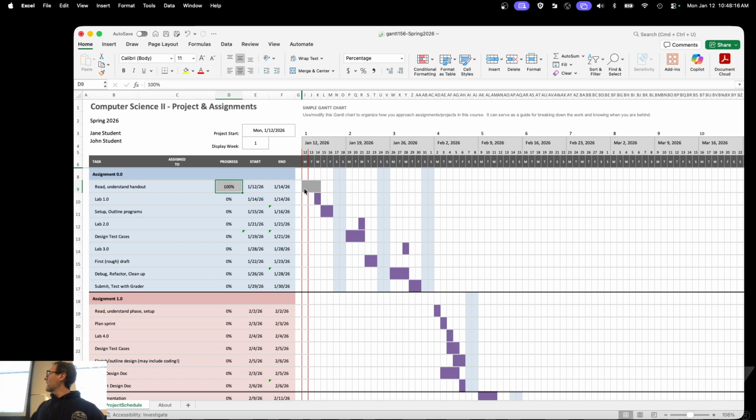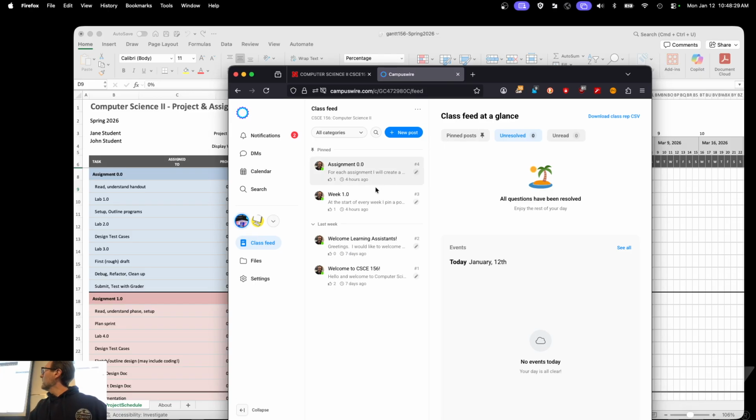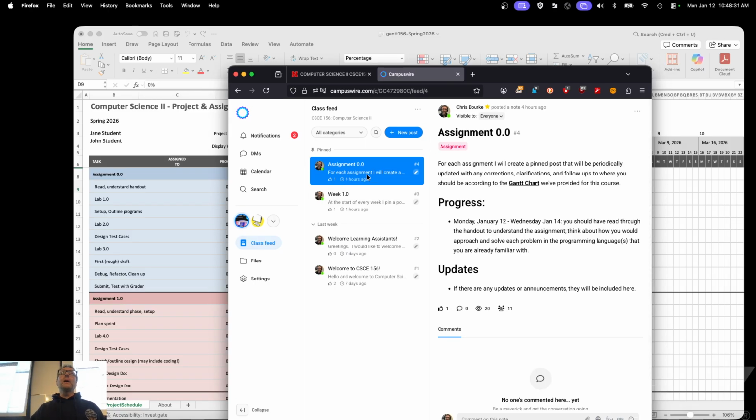So each one of you can download your own copy, put your names on it if you want, but you're never actually going to hand it in. We don't care about it, right? But we will, however, follow along. Right? So for example, over here in CampusWire, what I've done is I've put up a pinned message or a